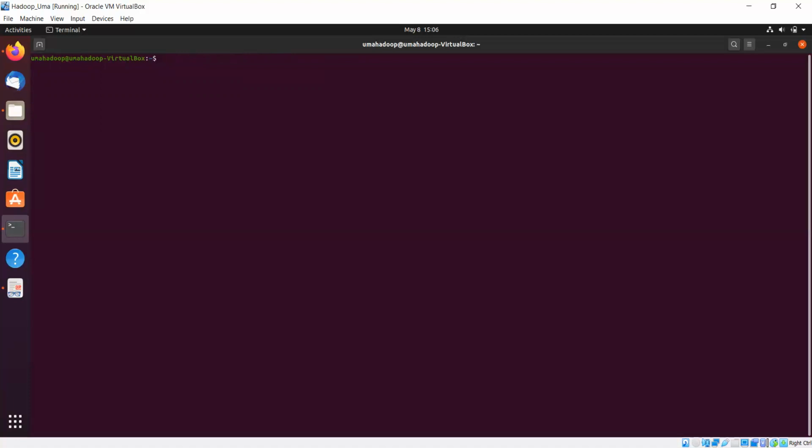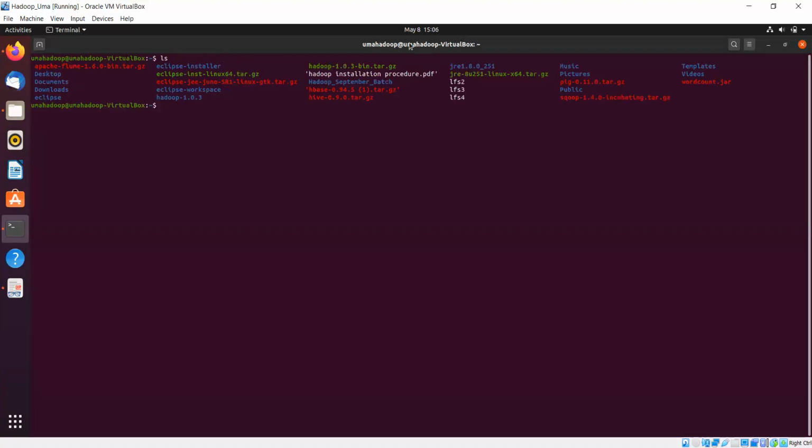Now I want to move a file. Moving, friends, I just want to move a particular file into the HDFS. Okay, so let us see here. I have the local file system with LFS2, 3, 4, like that. I have some files. Now I want to move the same file to HDFS. Hadoop FS hyphen moveFromLocal. What is the file name? I just want to move LFS4 into any file name, HDFS6, something like that. Okay, let us have a look at this.